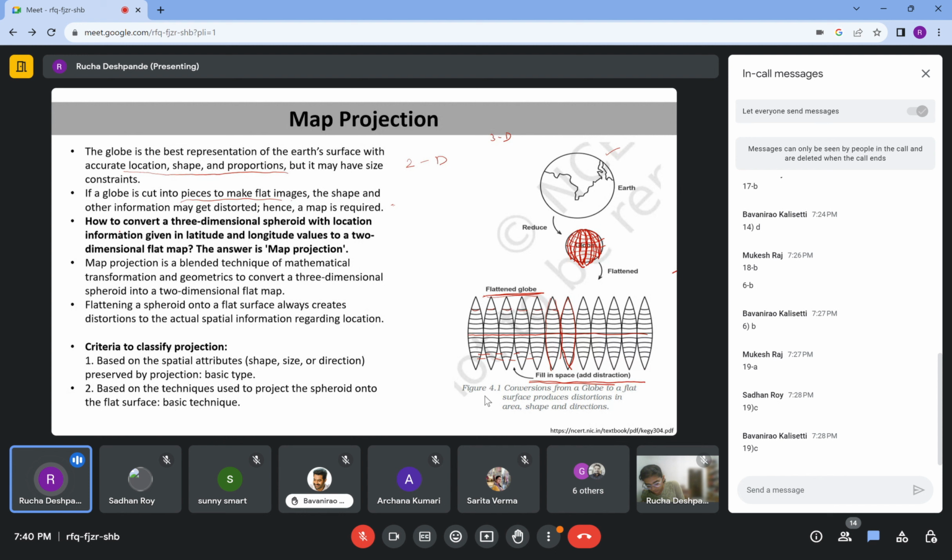So, how to convert a three-dimensional spheroid with location information given in latitude and longitude values to a 2D flat map? This is what we discussed. So, the answer is map projection, right? Map projection is a blended technique of mathematical transformation and geometrics to convert a 3D spheroid into a 2D flat map. Now, flattening a spheroid onto a flat surface always creates distortions to the actual spatial information regarding